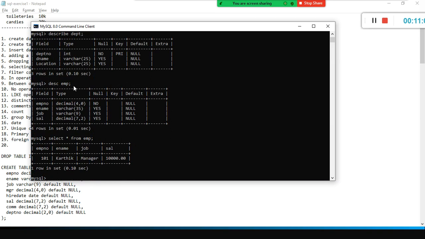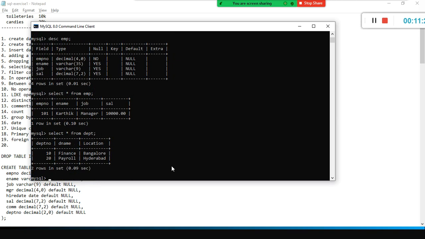What values are stored in this employee table, right? So this select star from EMP shows all the values stored in the table column wise. Employee number, this value is there, e-name, this is there, job is, and salary, this value is there. Similarly, if I want to view the content from my department table, select star from.